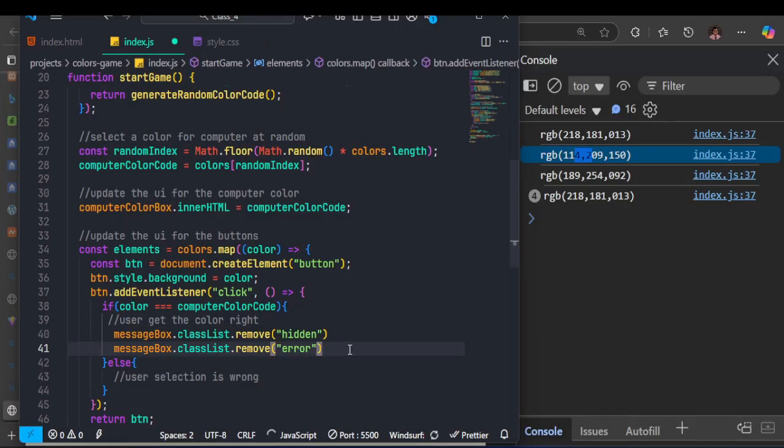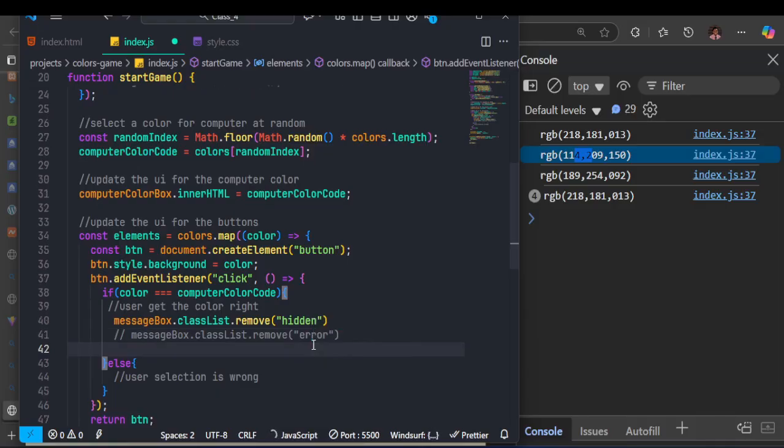This one is very important, but I'm going to comment it out so that you see the effect of this later on. From there, what do we need to do? So this messageBox there, like that, then innerHTML, because we need to put something inside it. So this is going to be